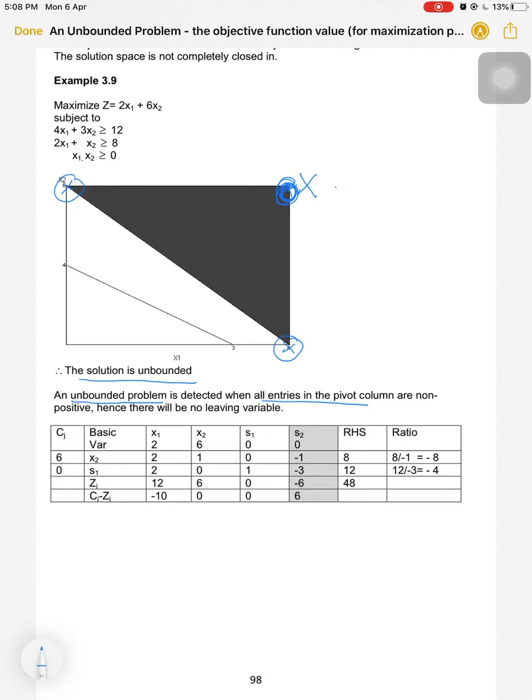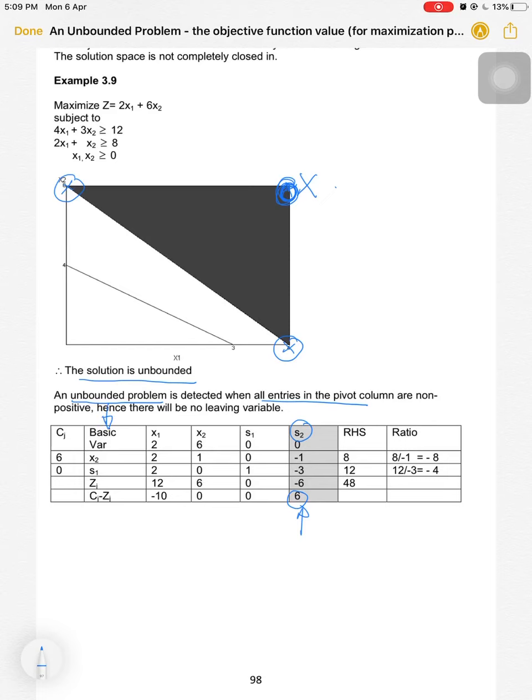In this case, as we know, the simplex will be optimal when all values in Cj minus Z0 are 0 and negative. But here the positive number still exists. That's why the table is not optimal yet. First step, we will identify the largest positive value in Cj minus Z0. So in this case, 6 is the largest value, so S2. So in next table, S2 should be entered into basic variable column.